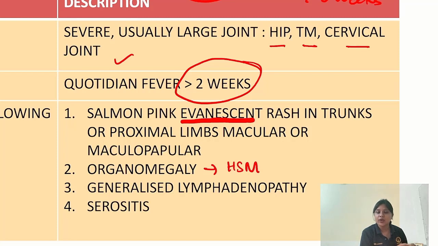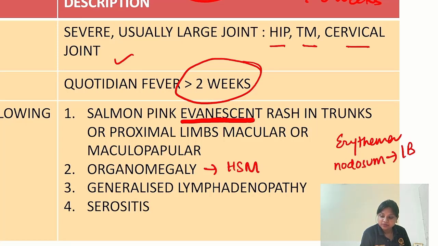And we can also have some other manifestations. What manifestations? The rash is erythematous. It is known as erythema nodosum. So rash erythema nodosum